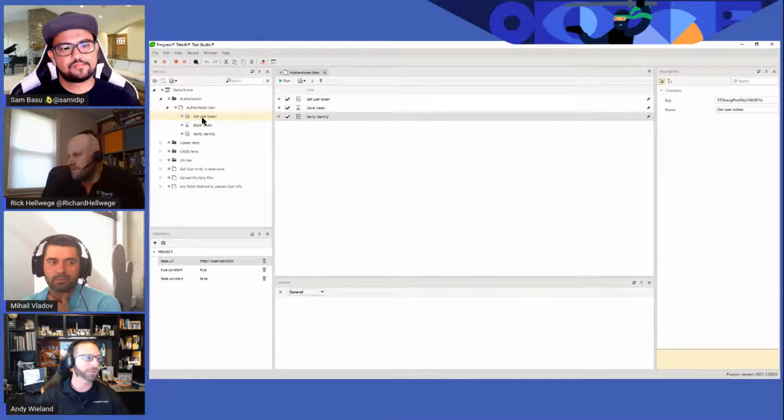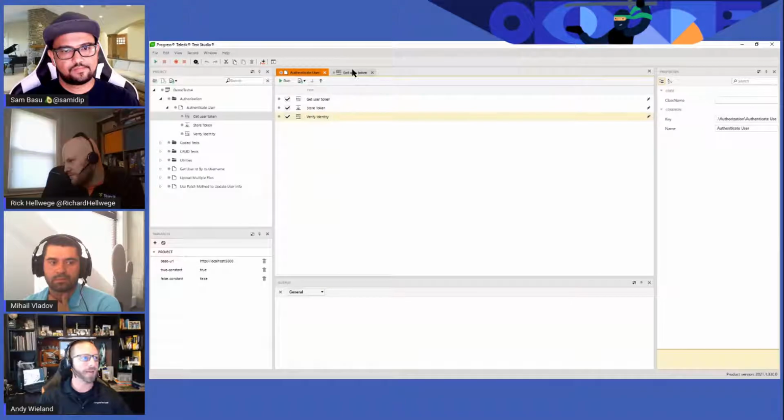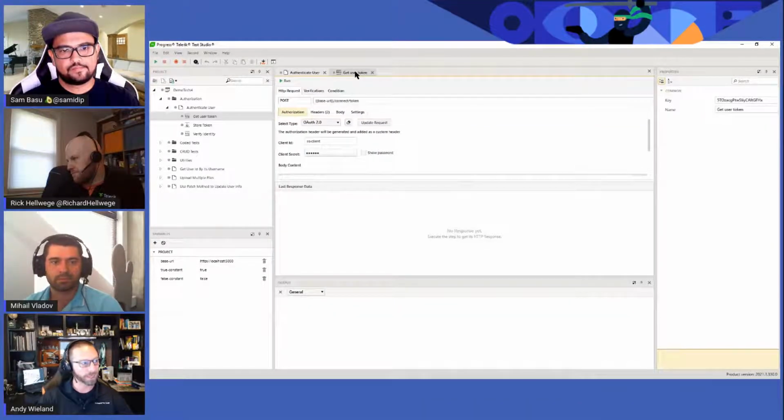So we can open up an individual step, for example, and we see it opens up in this tab. You still have the tabs, so I can go from the test to an individual step. Here you can see